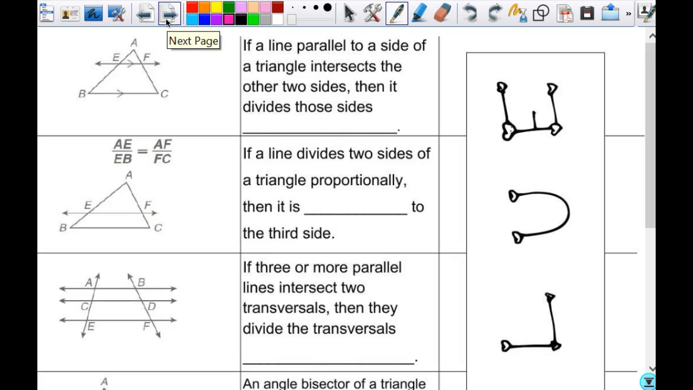Okay. So the triangle proportionality theorem, starting up here, says if a line parallel to a side of a triangle intersects the other 2 sides. So here's the line that is parallel to this side that intersects 2 sides. All right, so let's just pause right there. Line segment EF. Have we had something that kind of looked something like this before that we've already talked about